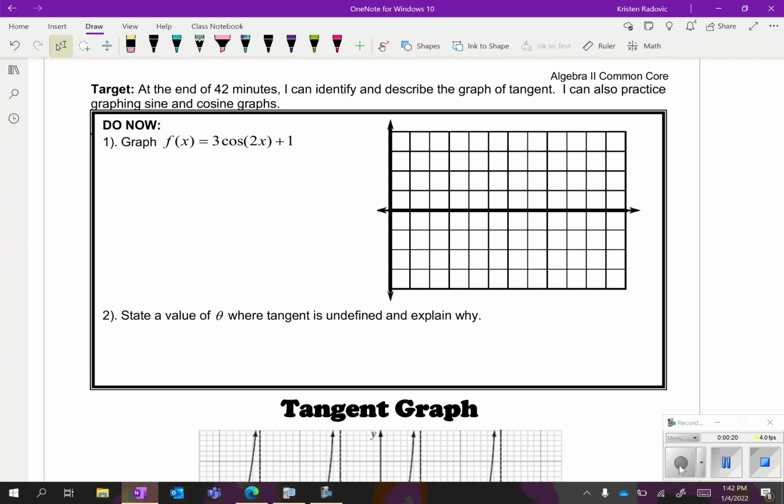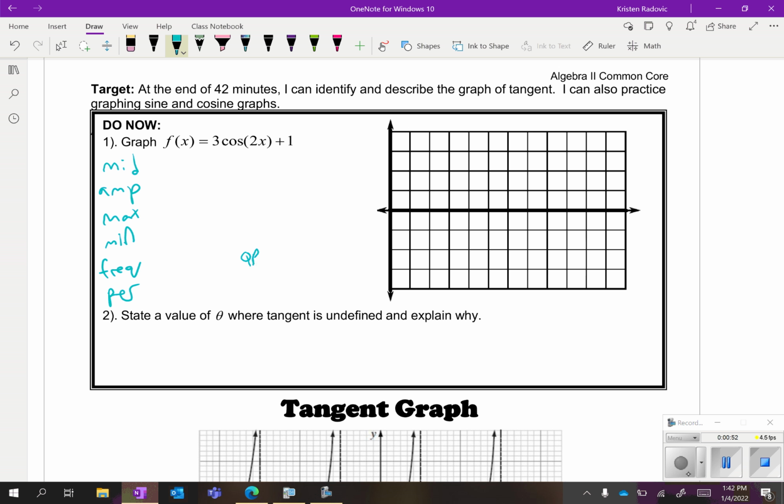Try the do now first, and then we're going to be talking about the graph of tangent today. For the do now, first of all, it's just telling you to graph something. It's not giving you how much to graph, which means we should graph one cycle anytime it's not telling you how much. You're going to find your midline, amplitude, max, minimum, frequency, period, and then you're going to find your